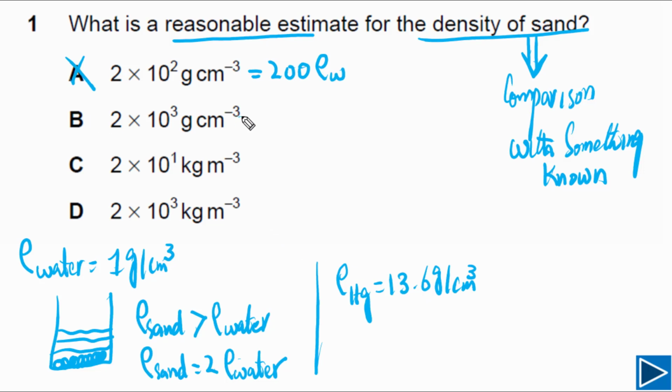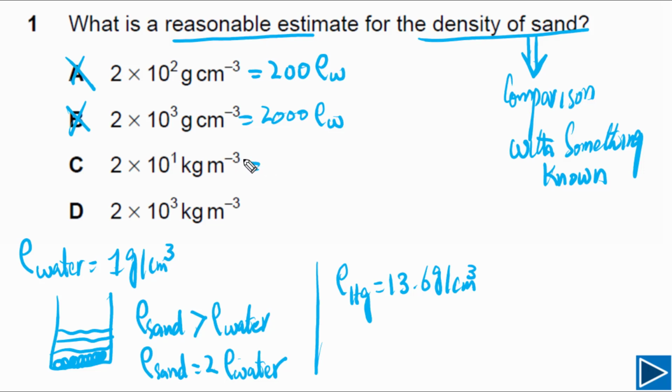If you go to the second option, this is 2000, so this is telling us the density of sand is 2000 times the density of water, that is also not possible. If you go to the next one, this is 20 kg per cubic meter, so this is telling us the density